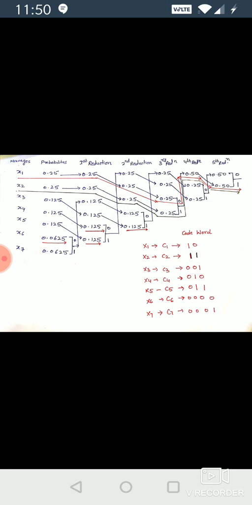And now we have to find out its efficiency. For efficiency, we know we must calculate its average code word length, and that is equal to L bar. L bar can be calculated by taking the summation of the probabilities of all messages times the number of bits in that message, and that is equal to summation of k equals 1 to 7. We have 7 messages, probability of the kth message into the number of bits in the kth message, and its value will be 2.675 bits per message. And for efficiency we must have the value of entropy, and that will be equal to 2.625,